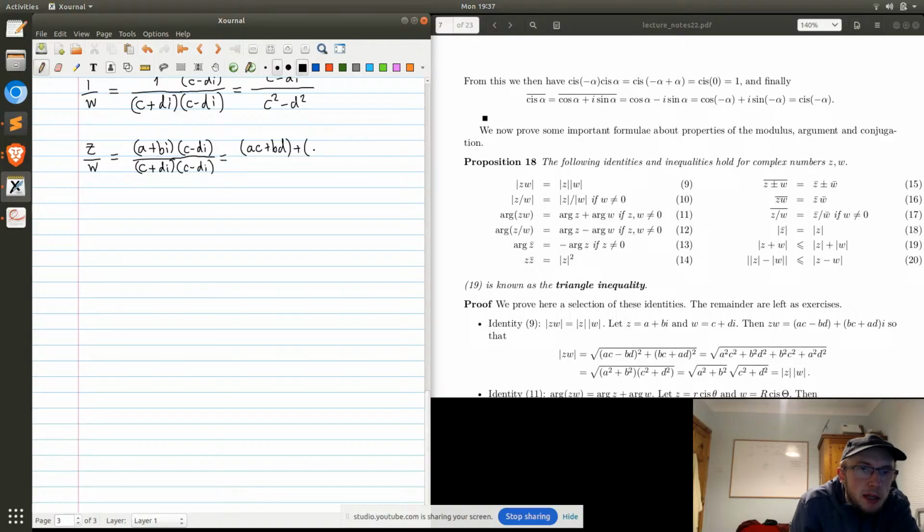Minus AD. BC minus AD. I, just there like that. And then C squared minus D squared. And the modulus of this